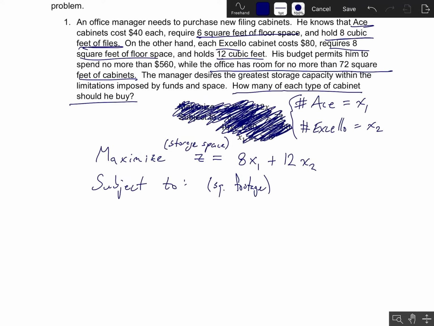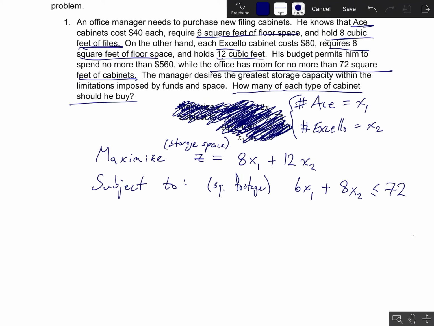Remember that in these constraints, we want our variables to be on the left side and then the inequality to face the right side with some constant on the right side. So I would write that like 6 square feet of floor space per ACE cabinet times that many ACE cabinets, plus 8 square feet of floor space per Excello cabinet times the number of Excello cabinets. So the expression that I've just written is the total amount of square footage that we need for our cabinets, and that has to be less than or equal to what the office actually has, which is 72